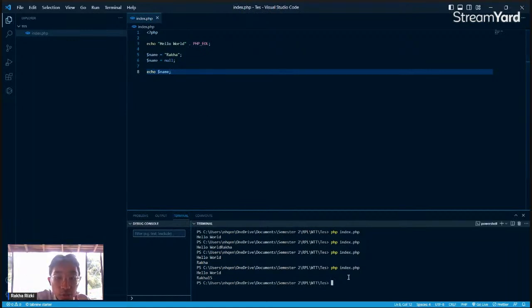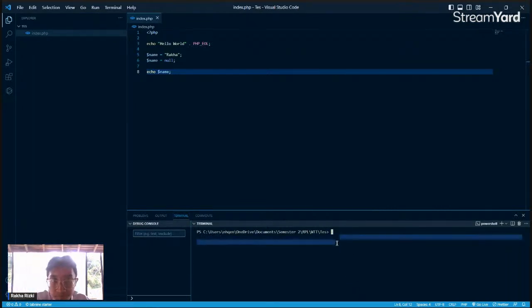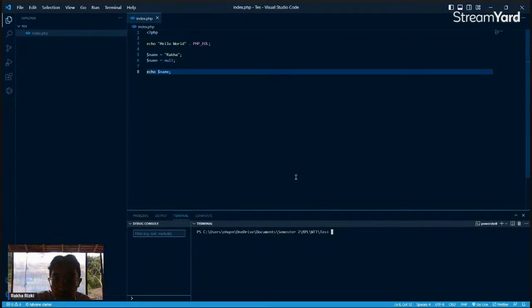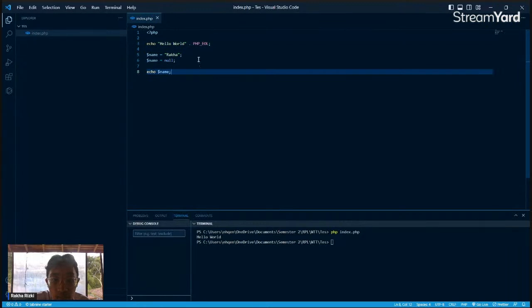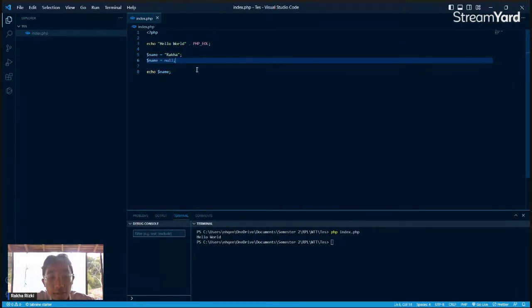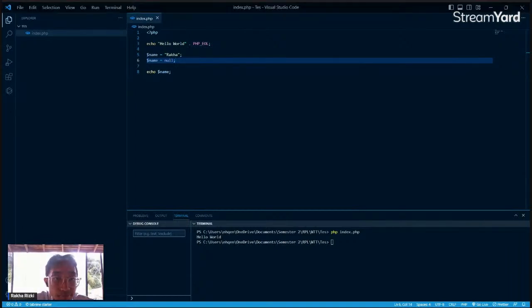The output will be hello world. The value is gone, it is a null value, and the output will show nothing.